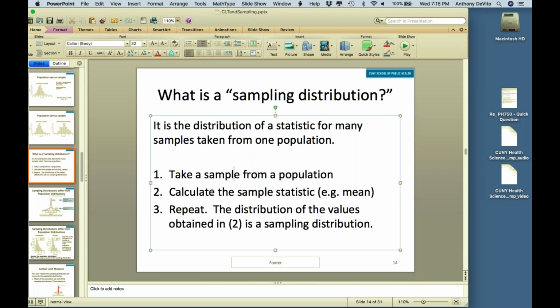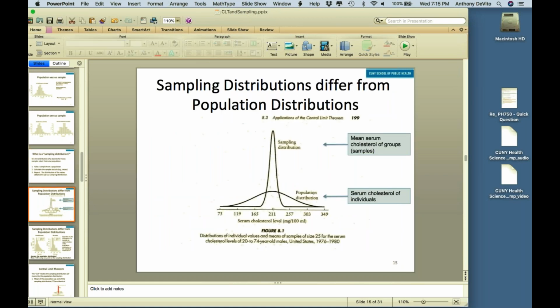If you do this enough times, you'll get a new distribution from new numbers that is going to be called a sampling distribution. And if we look at the sampling distribution, we'll see that the sampling distribution is much narrower than the population distribution. How much narrower the standard error of the sampling distribution is compared to the population standard deviation, or sigma, depends on the sample size. The bigger the sample size, the closer all the results are together, so it makes for a narrow distribution.